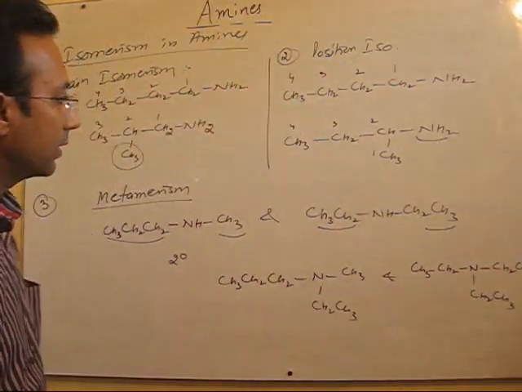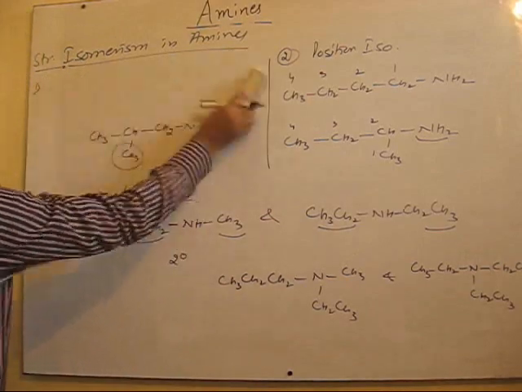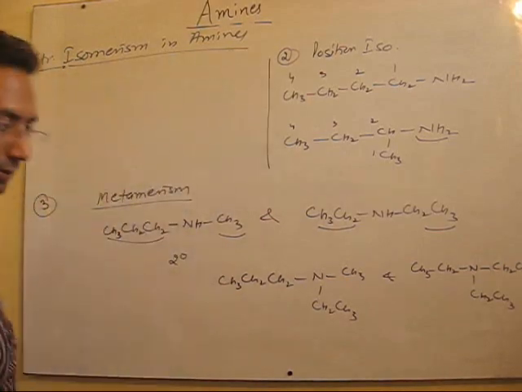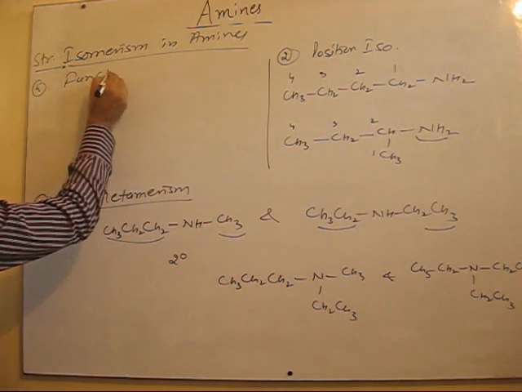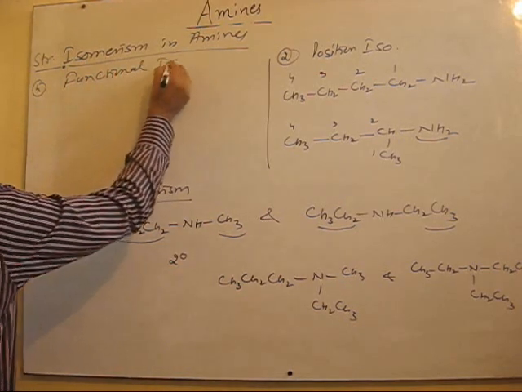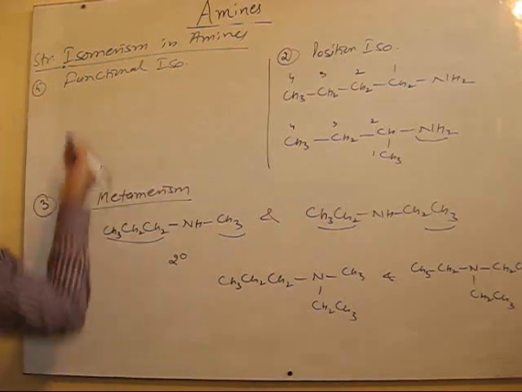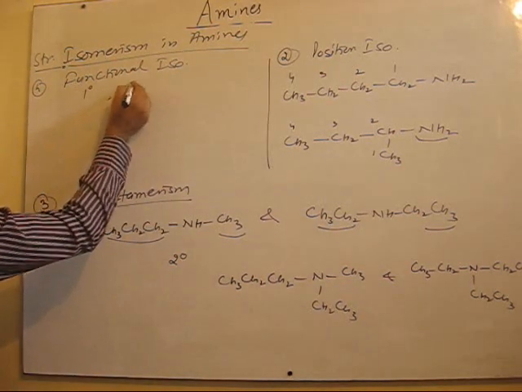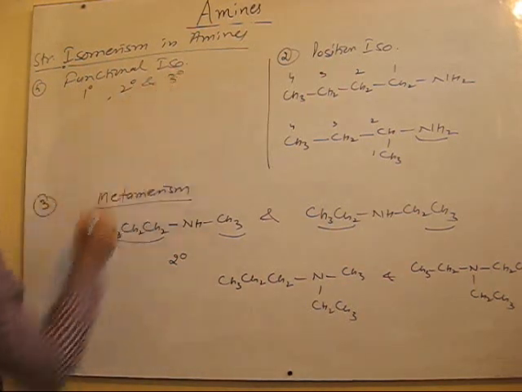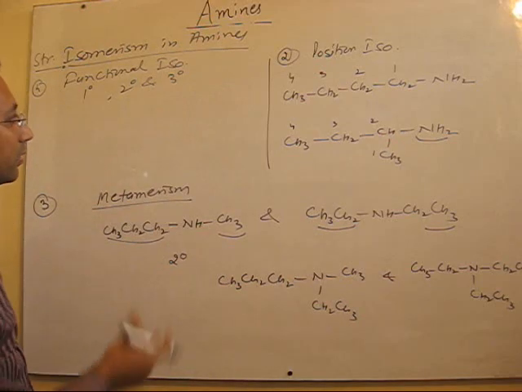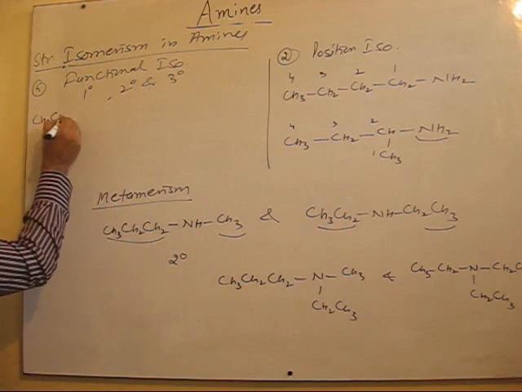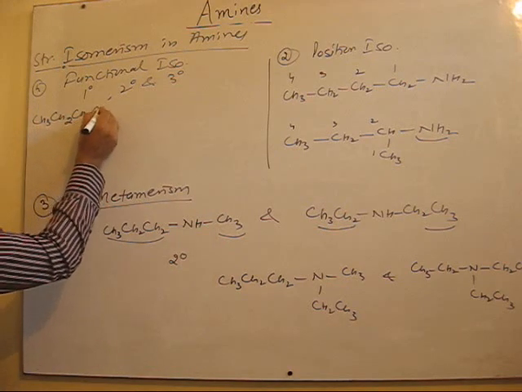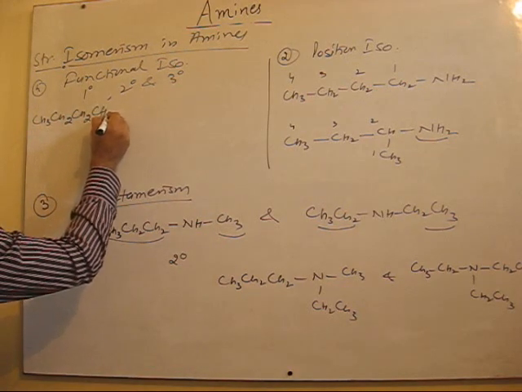So like that, this functional group is there. Now lastly, I have fourth, functional isomerism. In functional isomerism, it's very simple. Primary, secondary and tertiary amines have a relation of functional isomerism if their molecular formulas are same. For example, CH3, CH2, CH2, CH2